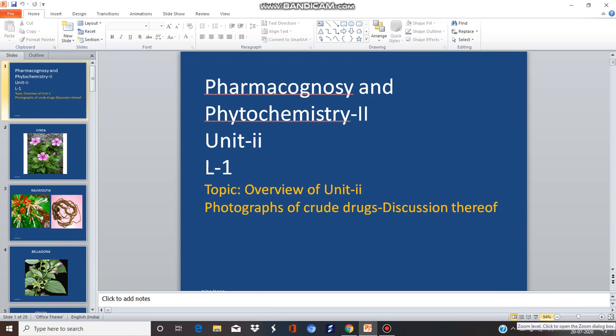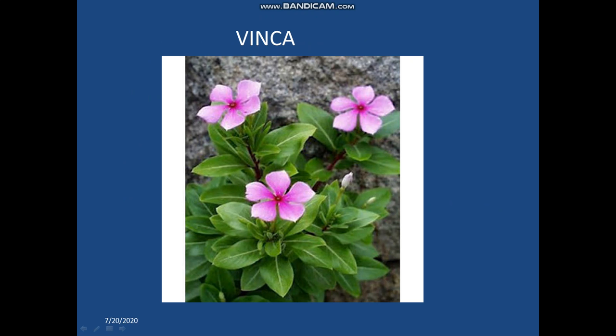First drug that we have is this one, Vinca. Very beautiful plant. This plant is locally known as Sadabahar also. Very important plant because it is widely used in the treatment of cancer. Catharanthus roseus is its name. It belongs to the family Apocynaceae, and it contains vincristine and vinblastine as indole alkaloids that are responsible for